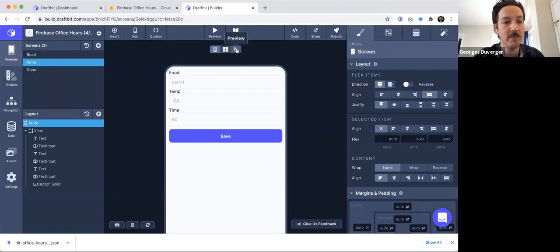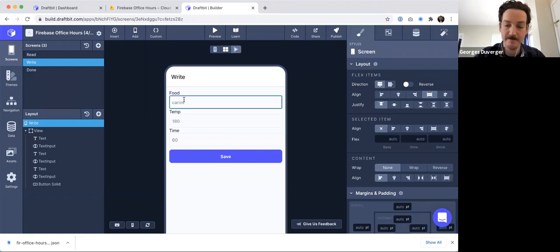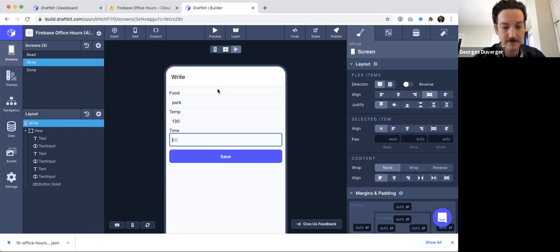So let's try again. I'm going to preview that right screen again. Let's see, let's do pork. I think it's about the same. I'm going to do the time again, it really doesn't matter. So I'm going to save. Oh,